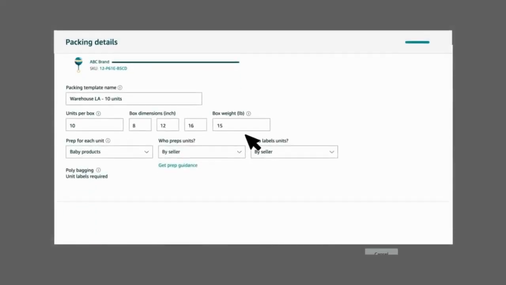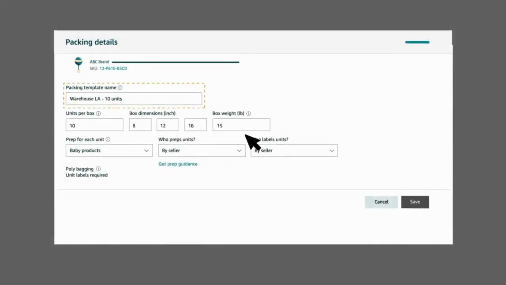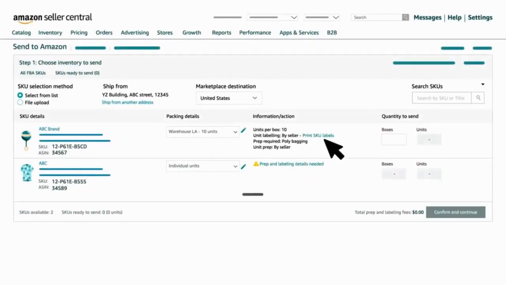Let's call this template Warehouse LA-10 units. Supposing that this product comes from your warehouse in Los Angeles and has 10 units per box. By clicking Save, you return to the beginning and can now see a preview of the template details you just entered. Because you selected Seller in Who Labels Units, you print the labels by clicking Print SKU Labels and then